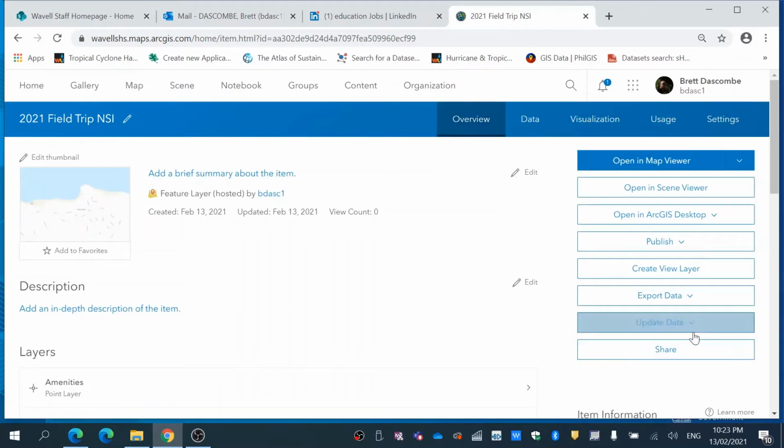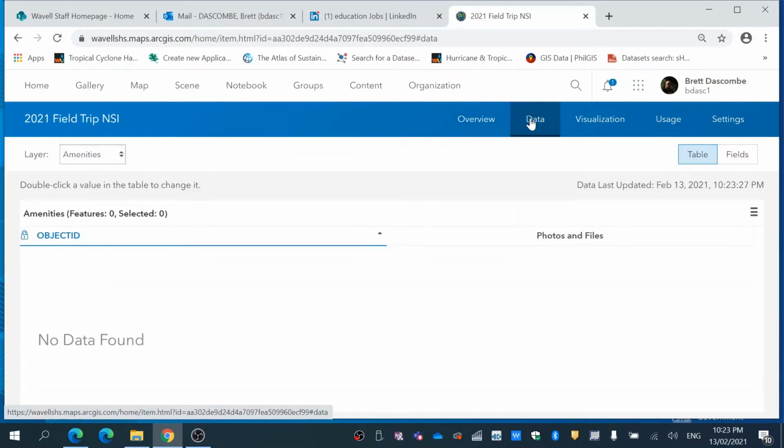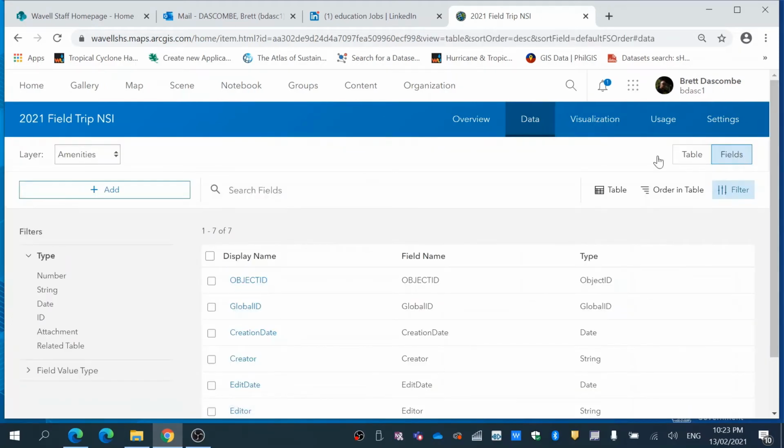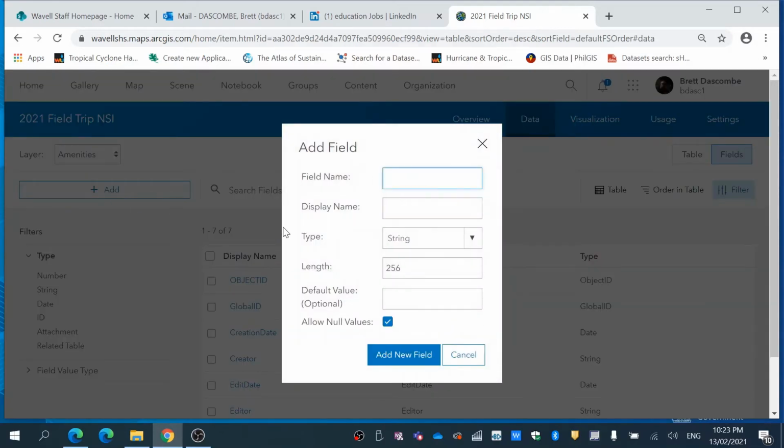Right, it's just doing a bit of work, and next thing we need to do is go to data, and then we hit the fields button over here, and we've got amenities and we've got beach profile and lagoon. We're going to stick with amenities, and we're just going to add. This time what we're going to do is add the fields for our layer, and we're going to call this asset type. You can't have any spaces between it,